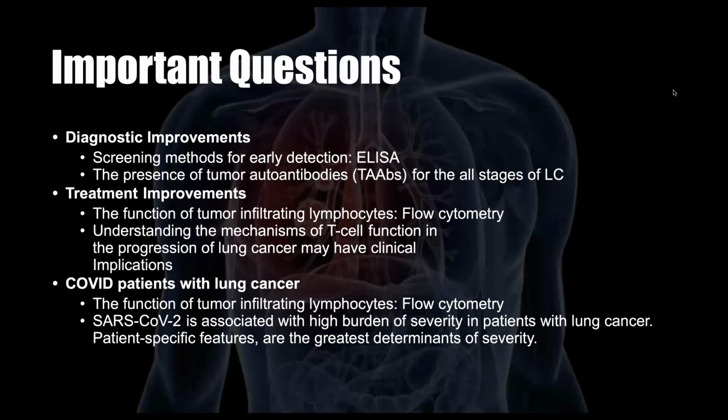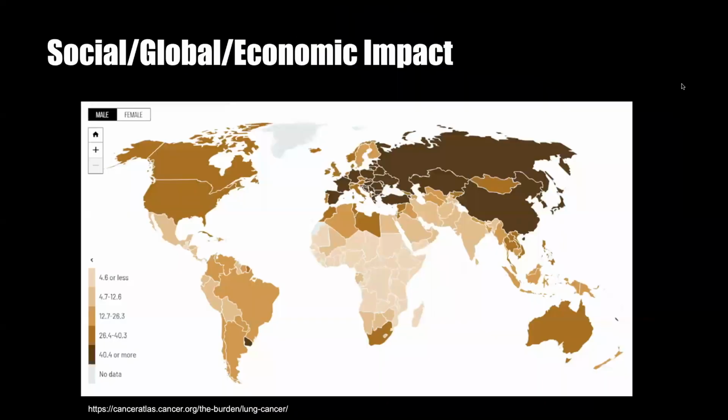And despite knowledge gains that have led to targeted therapies, mortality rates from lung cancer remain high for most patients around the world. Lung cancer in general is the leading cause of cancer death worldwide. It affects people who smoke, and it's present more in men than women, and also more so in the elderly, around 60 to 70 years old. The highest incident rates are in Europe, Western Asia, and certain parts of Asia like Turkey and China.